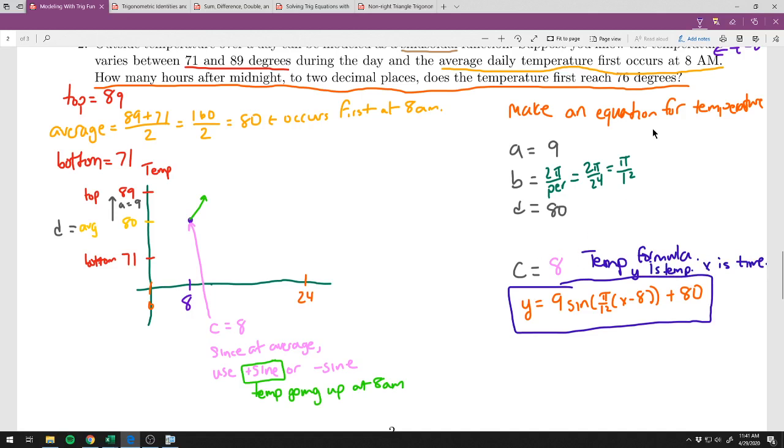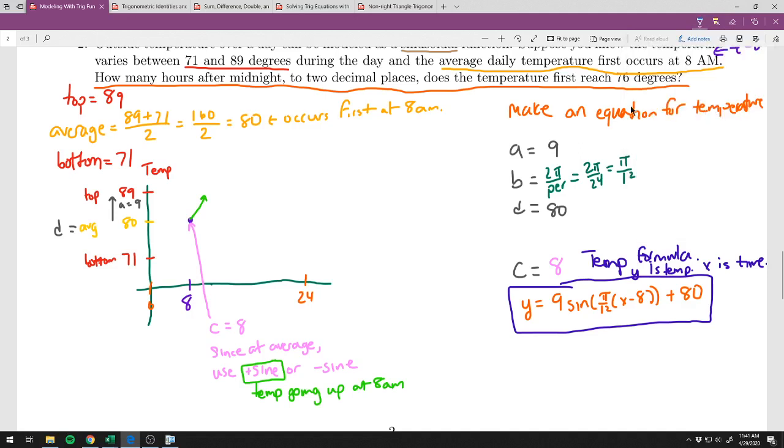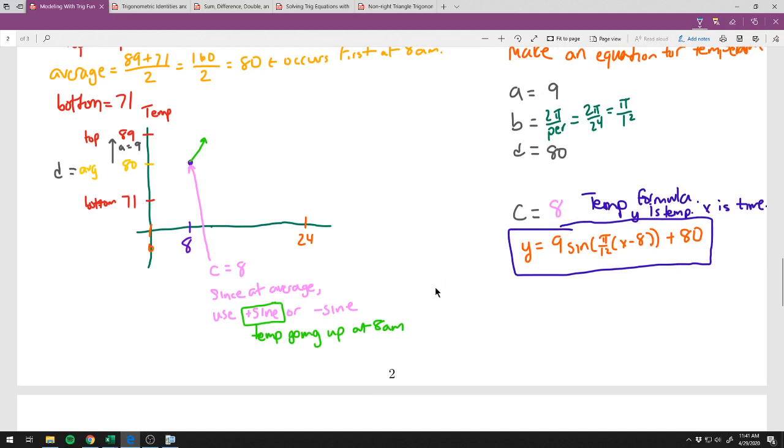So we've made our formula. This is exactly what we did in section 2.1 as well. We knew how to make the formula back then, but now we're going to answer the question, when does the temperature first reach 76 degrees? So if we want to figure out when it reaches 76 degrees,